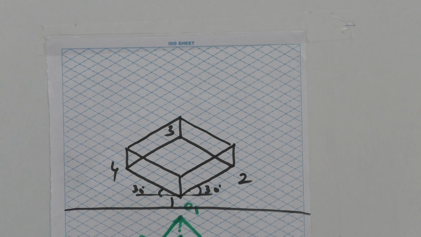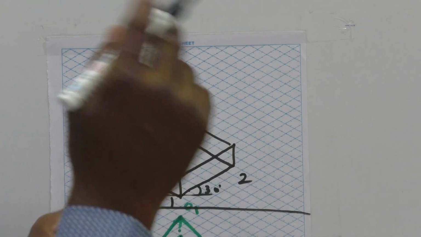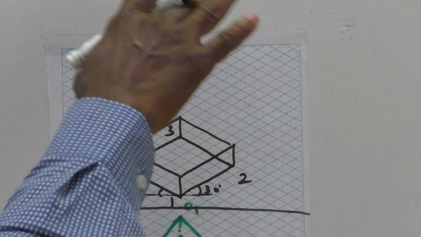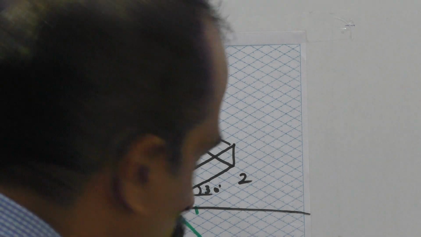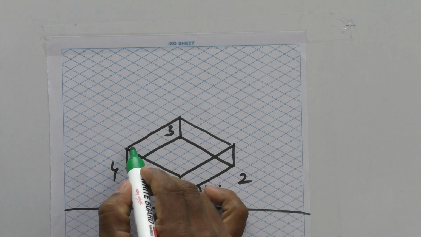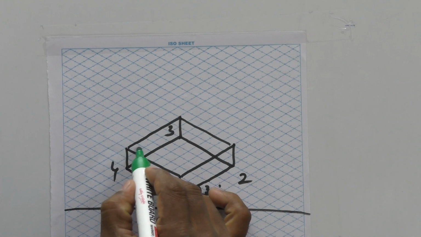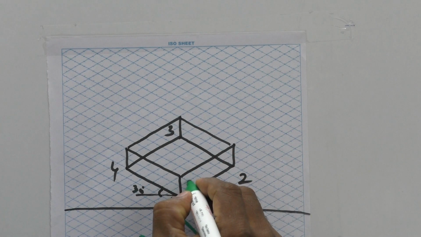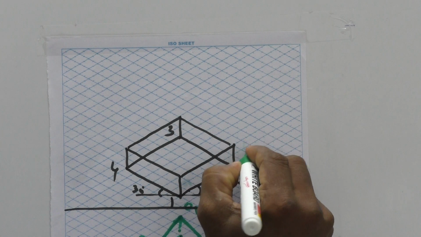So now in this case, over this you need to place a frustum of a square pyramid of base side, I told very clearly, 40 and top side 20 with a height of 60. Now to place this square pyramid on a square block, you need to get the midpoint of this top face of the square block. So join these diagonal lines. So once again, here you may consider this as A, B.